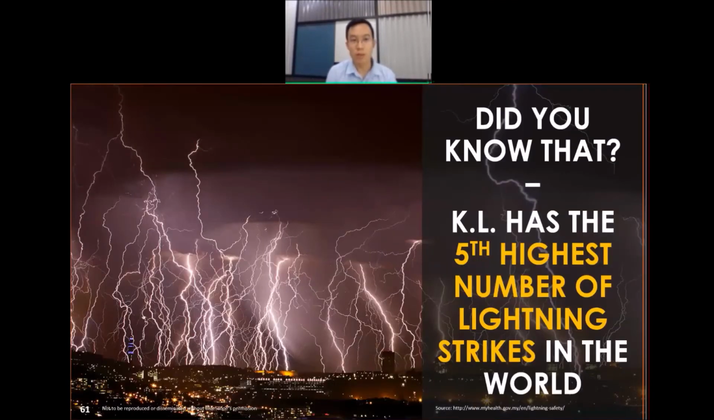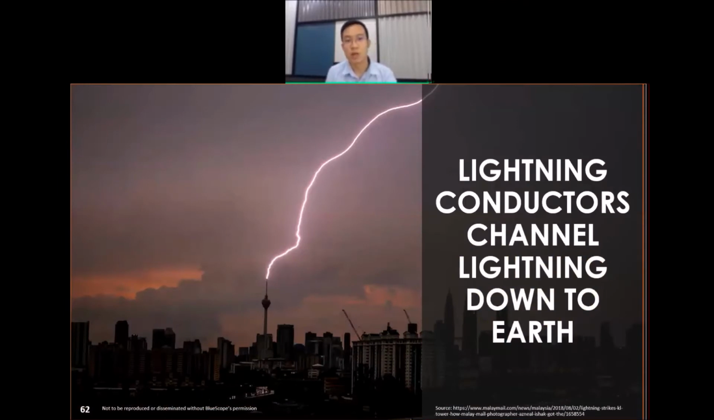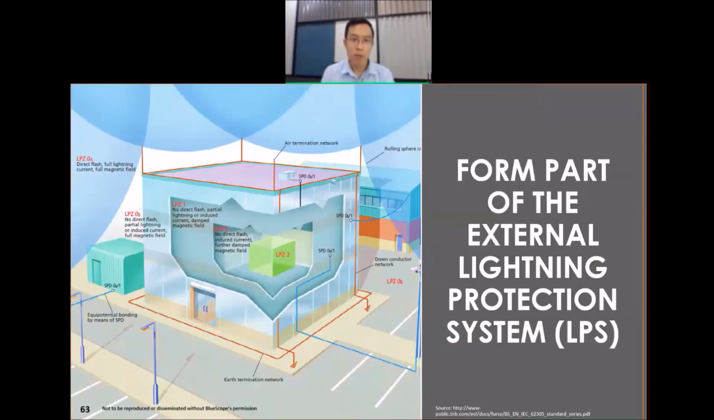KL, Kuala Lumpur, is actually classified as having the 5th highest number of lightning strikes in the world. Meaning, in a square kilometer, they found more lightning strikes in a year compared to most of the world. Lightning conductors work by channeling the lightning that strikes the building down to earth. So it forms part of the external lightning protection system, or LPS. In order for you to fully understand and utilize this system, I would recommend you seek a reputable electrical engineer that is experienced in this field. The design itself is quite complex,